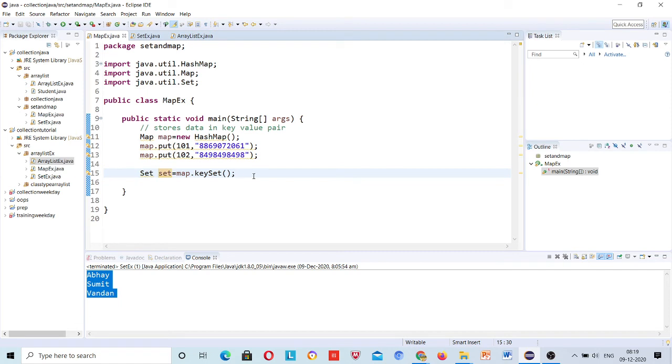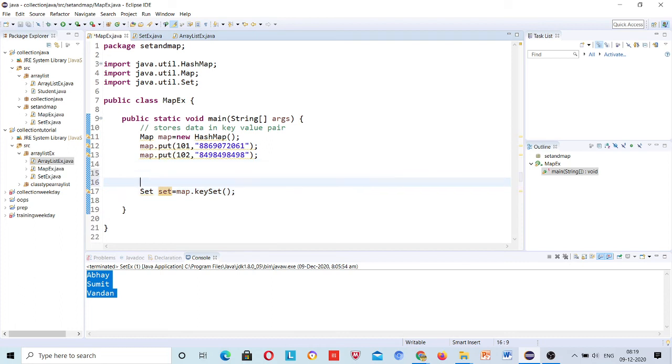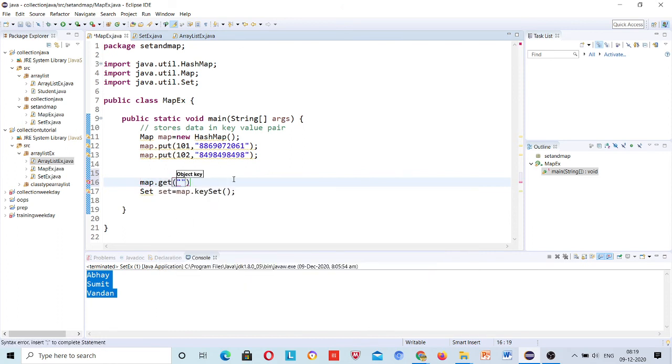Now I can iterate. Why have I used the key set method? Because there are a number of keys. If you have a single key, then you can simply print like this, map.get. Here you need to provide the key. Suppose I am giving 102 here.